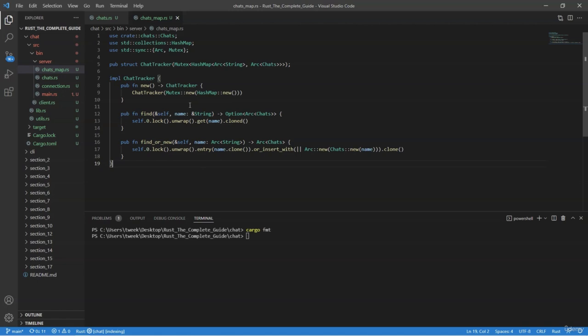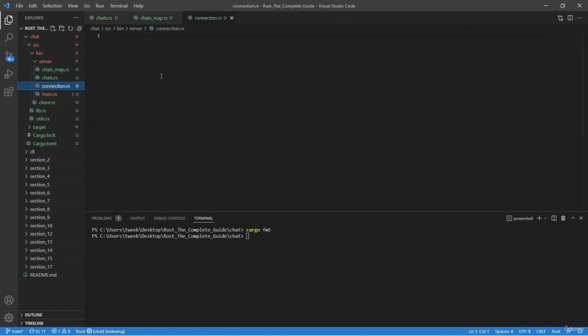and that's all we need to do in our chat map file. So now we can hop over to our connection file and start working on handling our client's connection to the server. So let's go ahead and add in some use statements that we know we're going to need. So we'll have async_std::io::BufReader, async_std::net::TcpStream,